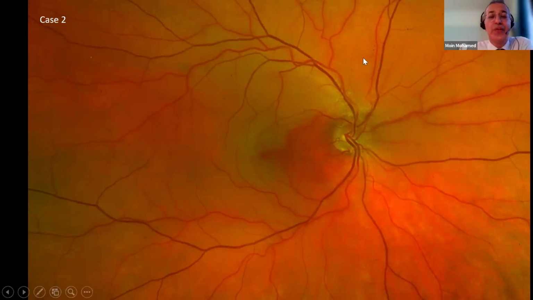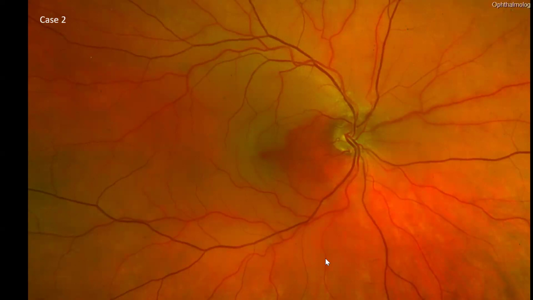Has anyone said anything in the chat? Not yet. Okay, it's the same sort of appearance, where there's pallor at the back of the eye, but there's a distinct edge here, which you can see. In the middle of that there are a couple of blood vessels, which are cilioretinal arteries. Occasionally, about 20% of the general population will have a cilioretinal circulation, which is separate from the central artery,